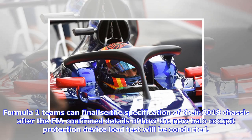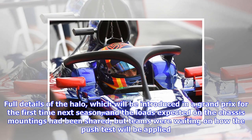Formula One teams can finalize the specification of their 2018 chassis after the FIA confirmed details of how the new Halo cockpit protection device load test will be conducted. Full details of the Halo, which will be introduced in a Grand Prix for the first time next season, and the loads expected on the chassis mountings had been shared, but teams were waiting on how the push test will